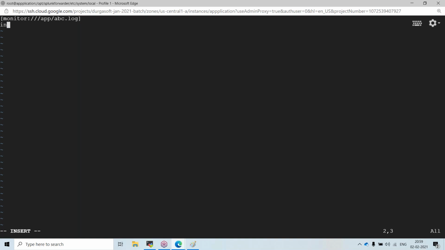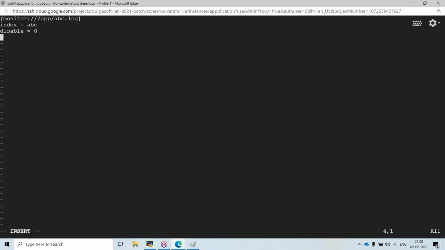Now I have to put my index equal to, where it has to go, index equal to abc. Okay, I have to put disabled equal to 0, and disabled equal to 0 means it will send the logs. If I want to stop sending the logs, you can turn it off by putting 1.